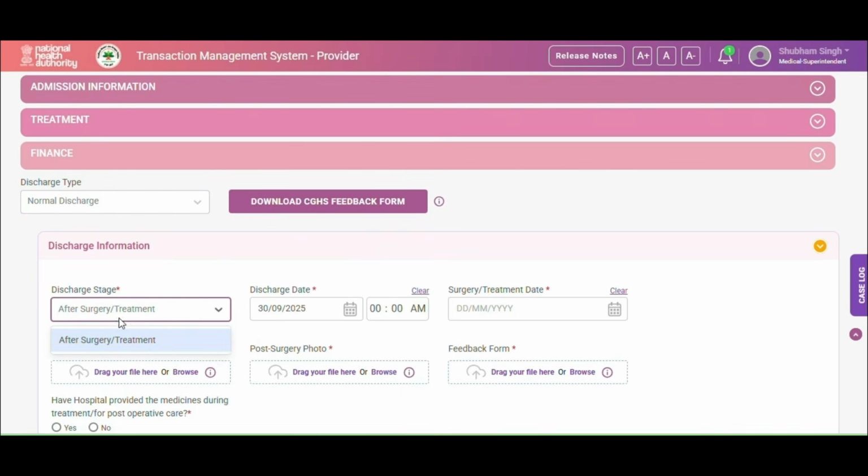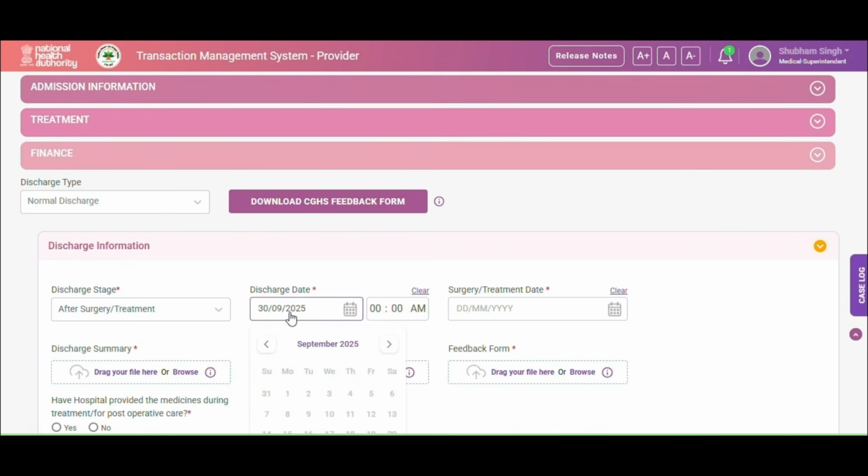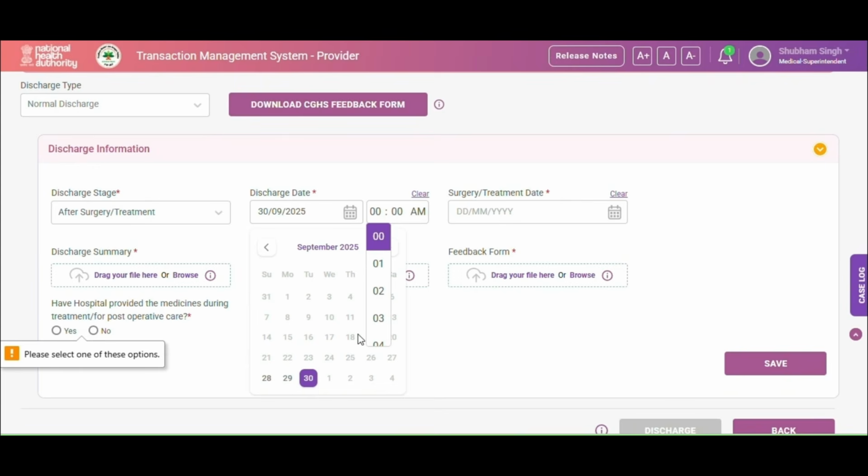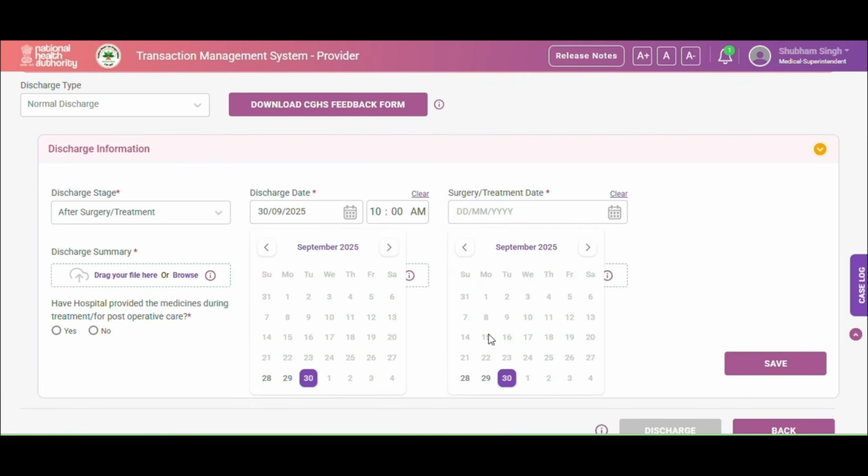We are going to select discharge stage, discharge date, discharge time, surgery or treatment date. Discharge summary needs to be uploaded.